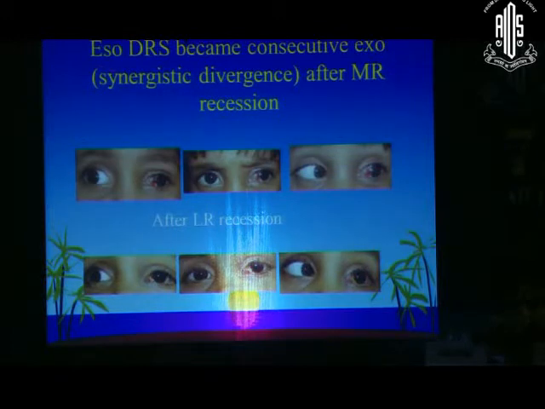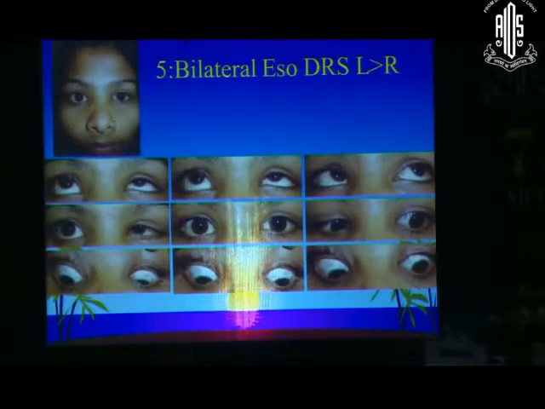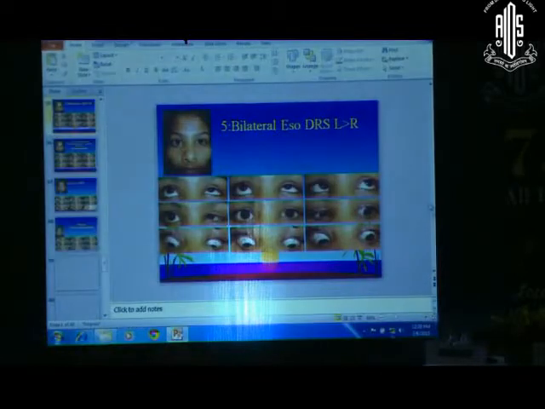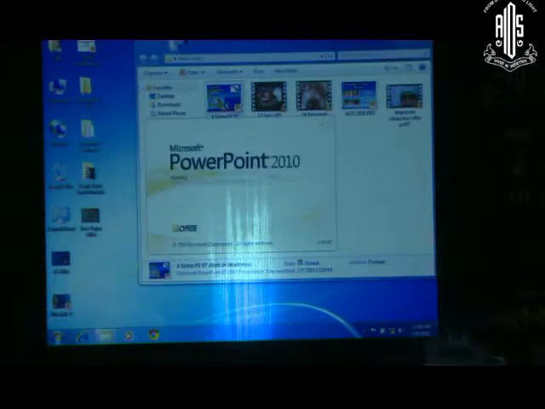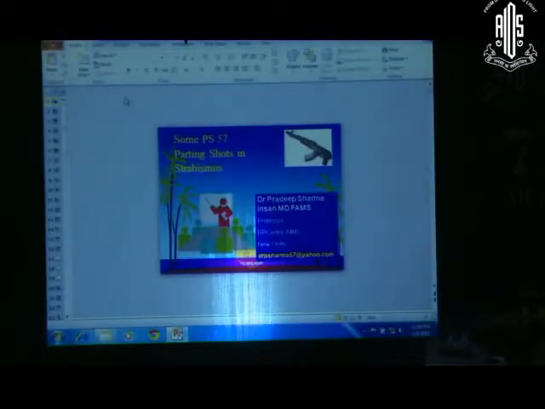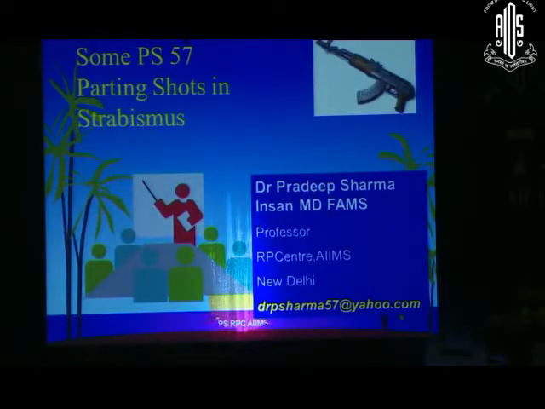Right? So this is a case in which I showed you synergistic divergence, and after the LR recession, the eyes get aligned. So I think we will stop at the DRS cases and move on to just a quick roundabout of different types of presentations that we have encountered, some of them, and just have your interaction. What have you imbibed? This will be like a quick session. These are the shots that we are going to take, parting shots. This is the last session, and that's why it is so thin, because people have to move out back to their home or maybe for food before that.